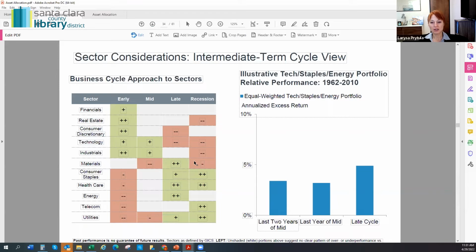And then in the recession, you can see that even materials are no longer needed, right? Because we don't need as much production. Then we still see consumer staples, healthcare, telecom, utilities, which are usually not a good investment in an early stage when everything is going up, information technology, and so on. So it's a very good guide for us to see potentially how we can be tilting certain sectors in our portfolio.